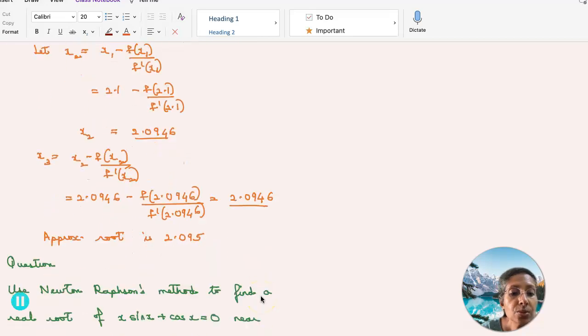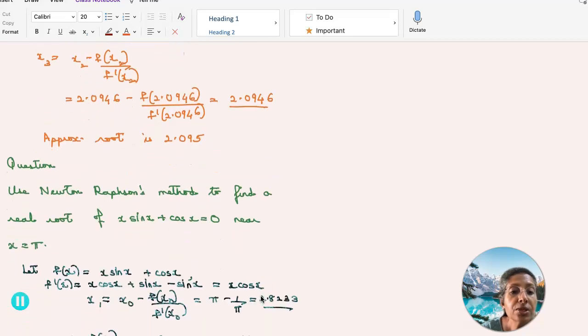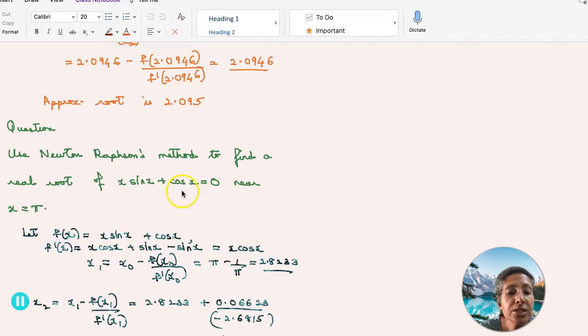So coming to the next question, use Newton Raphson's method to find a real root of x sin x plus cos x equal to 0 near x equal to pi. So now we are working with trigonometric functions, and we are given that the root is near x equal to pi. So we write f(x) is x sin x plus cos x. F dash x will be, applying the product rule, x cos x plus sin x minus sin x, that is x cos x. So x1, putting x0 as pi, you get it as pi minus 1 by pi, which is